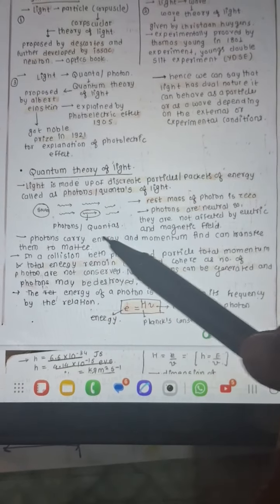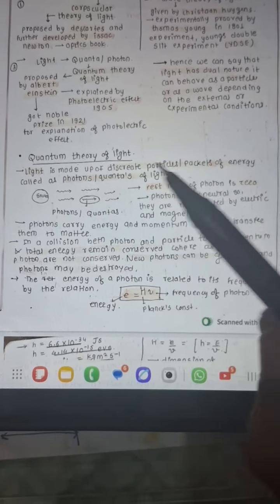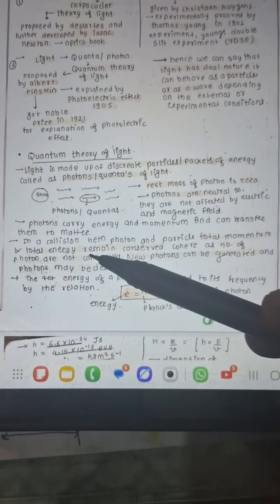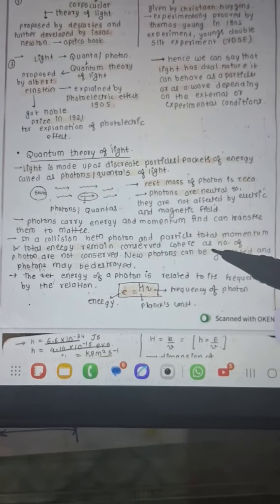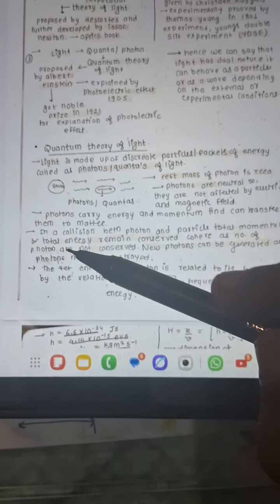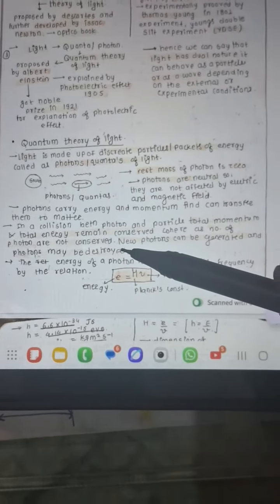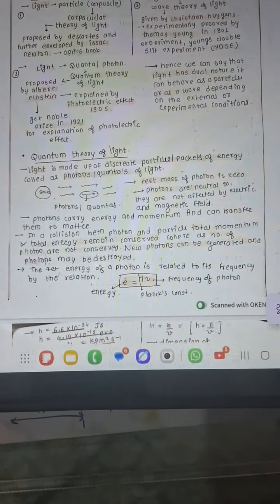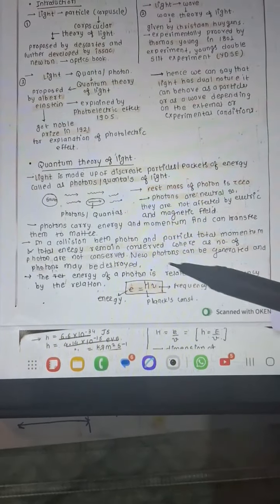Next, photons carry energy and momentum and can transfer them to matter by interacting with them in a collision. Next, in a collision between a photon and a particle, total momentum and total energy remain conserved, whereas the number of photons is not conserved. New photons may be created or old photons may be destroyed. So it should be noted that the number of photons is not conserved in a collision between a photon and a particle. Next, the energy of a photon is